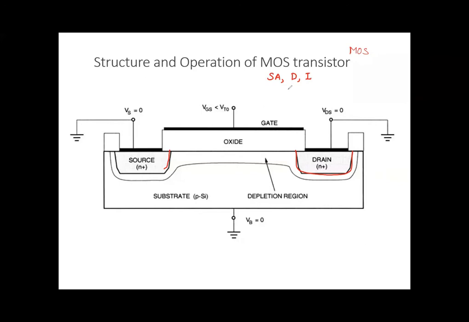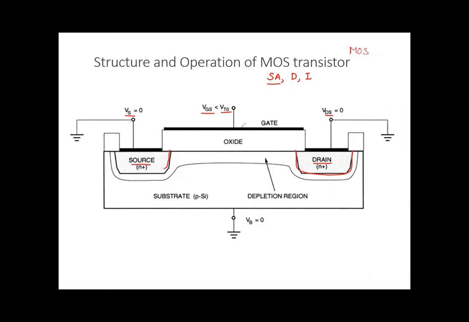We are going to discuss those modes one by one and see how the application of gate source voltage is going to affect the working of this system. So this is your MOSFET, the cross-sectional view of a MOSFET. Here you can see this is your source, this is your drain, and the source is grounded. VDS is also grounded. VGS is the voltage between gate and source, and this is less than the threshold voltage. The threshold voltage we discussed in the previous class. So now this is also grounded.